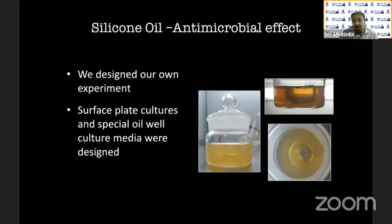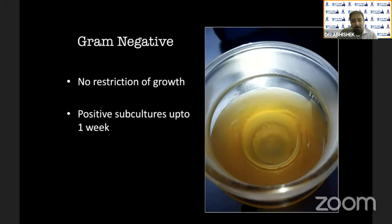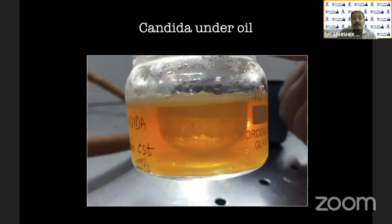We did an experiment, where we designed these wells in nutrient agar. We made these wells which are the size of our eye, that is 24 mm diameter. And then we filled half of them with silicone oil and half of them with BSS. And we inoculated them with cultures of bacteria and fungi. And see, this is Staphylococcus. It grows very well under oil also. In BSS also it grows very well. Under oil, gram-negative organisms grow very well. They easily coat the whole of the agar surface. And this is Candida under oil. So oil does not have any